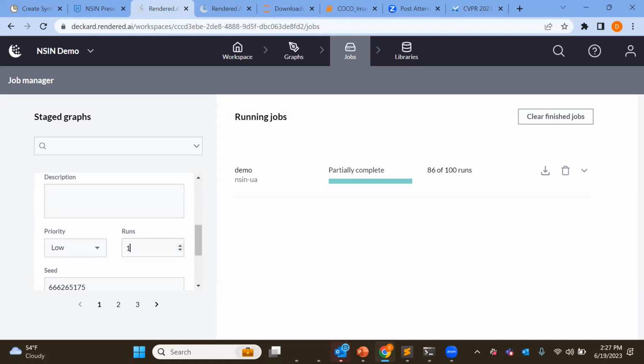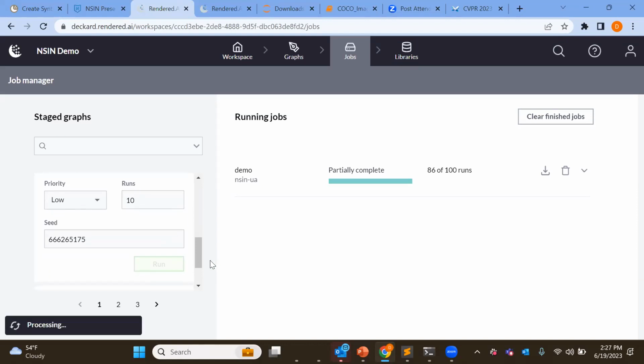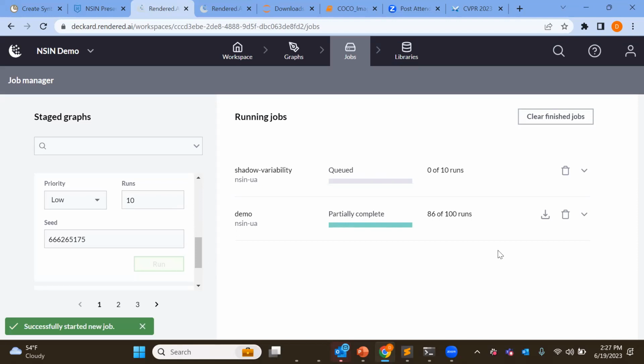And then we can specify how many runs we want to do with this. So if I just wanted say 10 example images of what this could potentially look like, I could put in 10 here. Or if I wanted every possible combination of these different types of times and dates, I can do 10,000, and that's just going to inform how many images we get out of this. So I'm just going to do 10 for demo's sake, and you can see when I hit run, it's going to